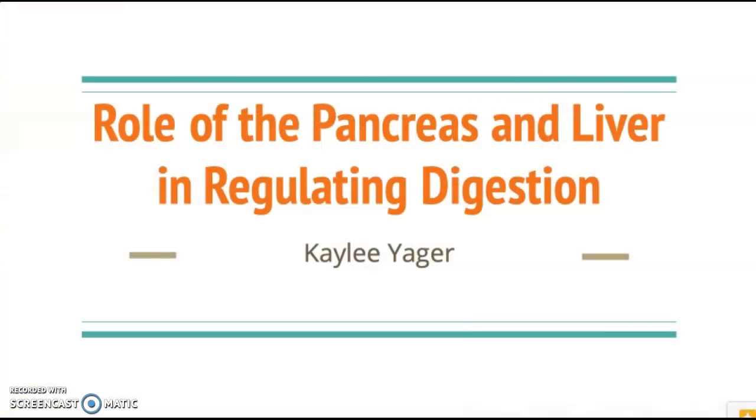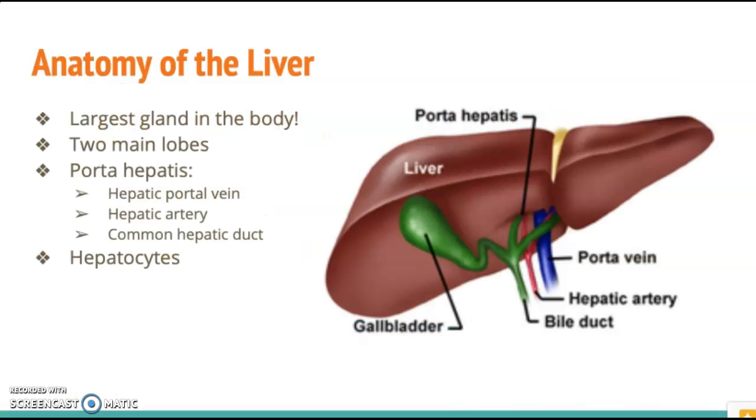So today we'll be talking about the role of the pancreas and liver in regulating digestion. We'll begin this discussion by talking about the anatomy of the liver, and it's important to note that the liver is the largest gland in the human body, because it has many important functions outside of just regulating digestion. There are two main lobes. This is the left lobe over here, and the right lobe is right here, and they're separated by what's called